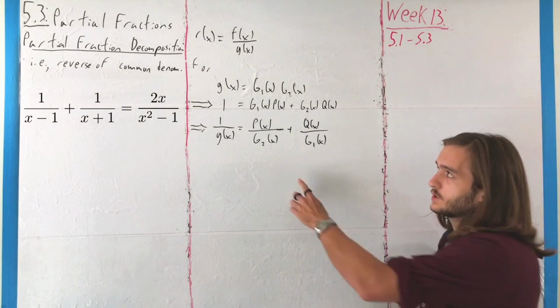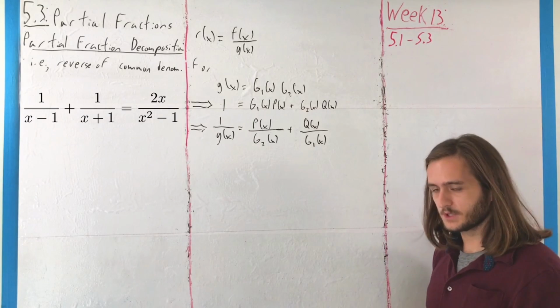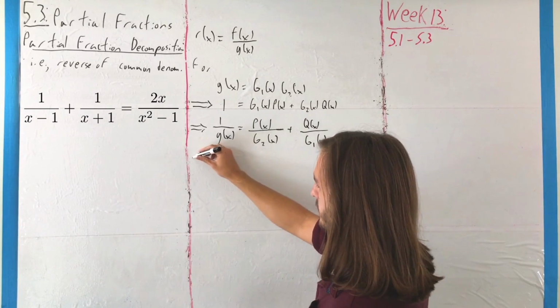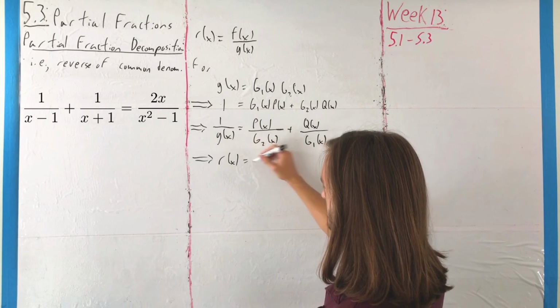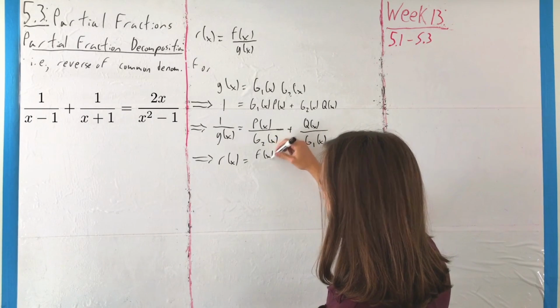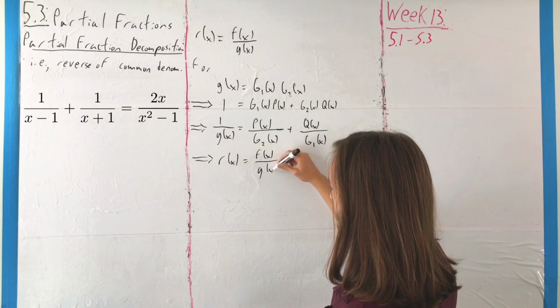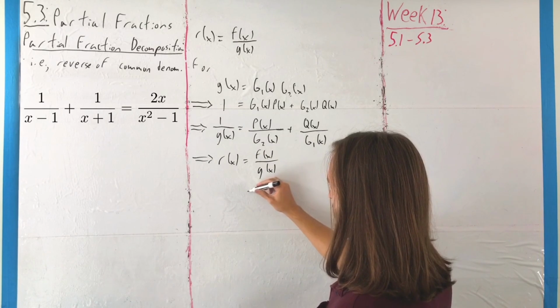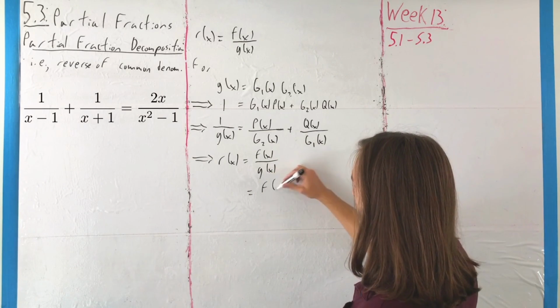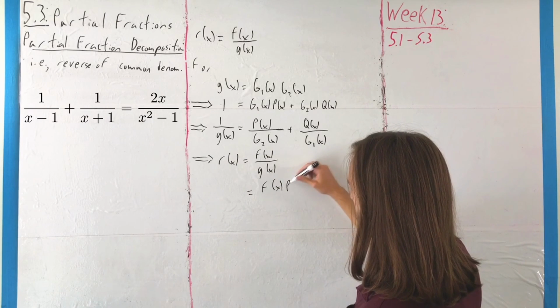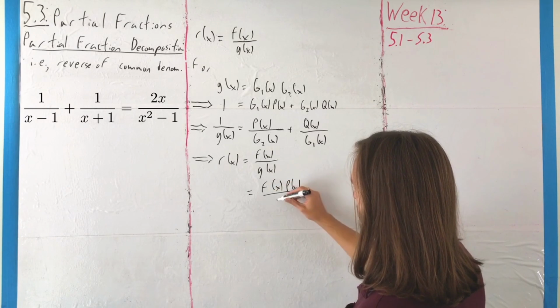And from there, circling back to where we started, if we multiply in an f, then we could say that r of x, which as we originally defined, is the proper rational f of x over g of x, that can instead be written as f of x times p of x over,